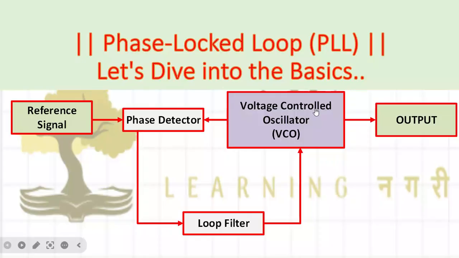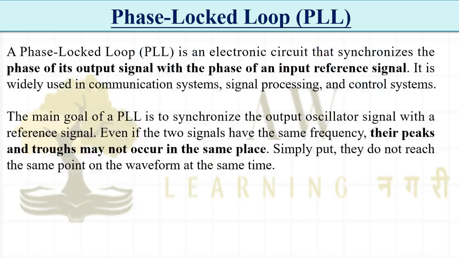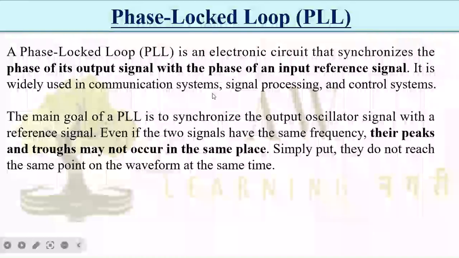Okay, so on your screen you are seeing some block diagram, that is a typical block diagram of the phase lock loop. So you don't have to look at it as of now, we will see the same block diagram in the upcoming slides. So let's get started with this lecture. So phase lock loop. We will start with some basics. Try to understand some theory from the first two slides, and then once the theory is covered we will come to the block diagram. So what is written down, I will just read it out for you and try to just understand.